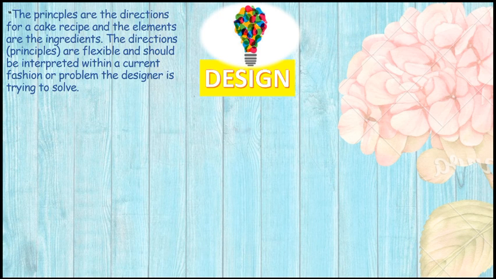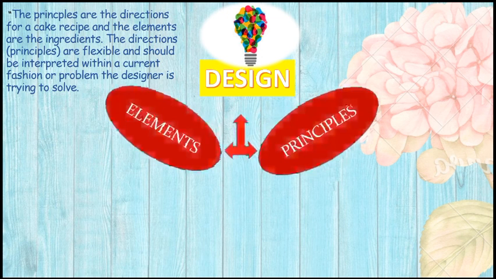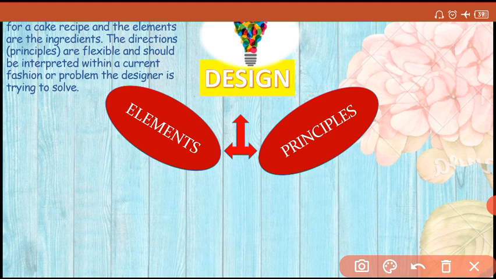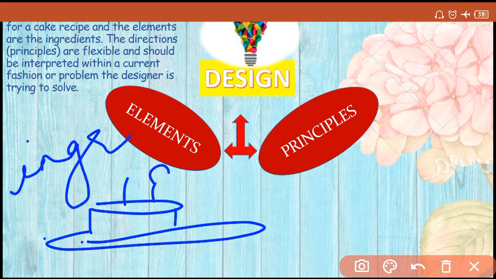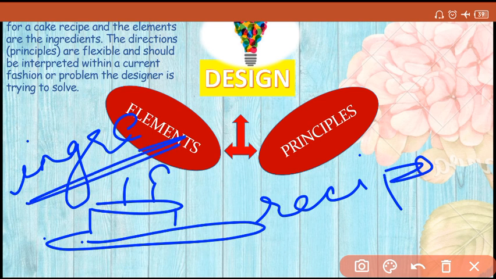Now, in this, we are going to understand how we actually create a design. The two basic concepts behind design are the elements and the principles. To understand the difference between the elements and principles, let's take an example of this cake. Whenever we have to bake a cake, we need two things. The first is the ingredients, and the second is the recipe. The ingredients are a must. If you don't have the ingredients, if you don't have flour or baking powder, can we bake a cake? So, making use of these ingredients, different chefs prepare different recipes.